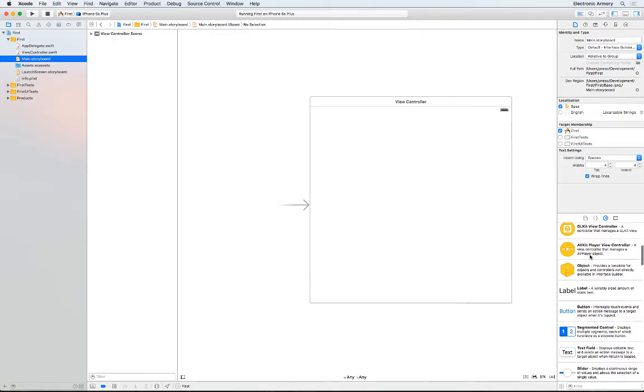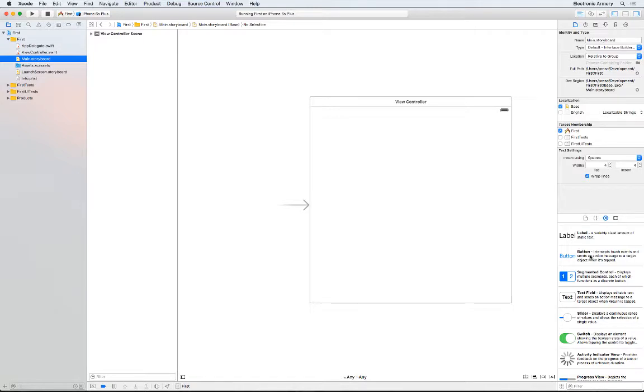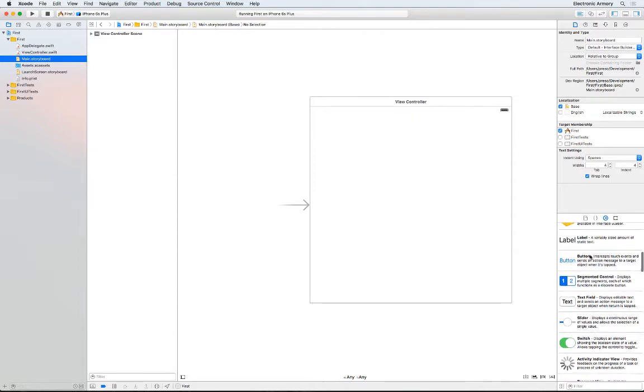The tops are actually classes and other things like that, but if you do scroll down, we have a label, a button, a segmented control, a text field, a slider, all these things that you're probably used to if you've ever used iOS before. And so to start developing our interface, we simply click and drag onto the screen,